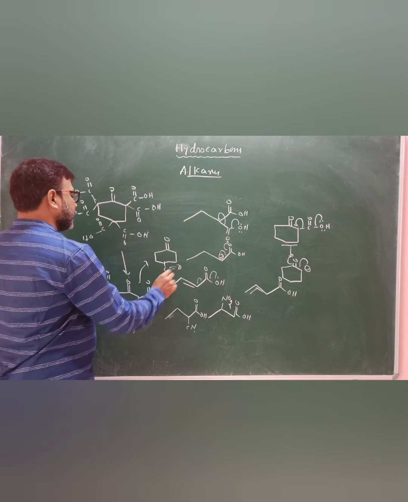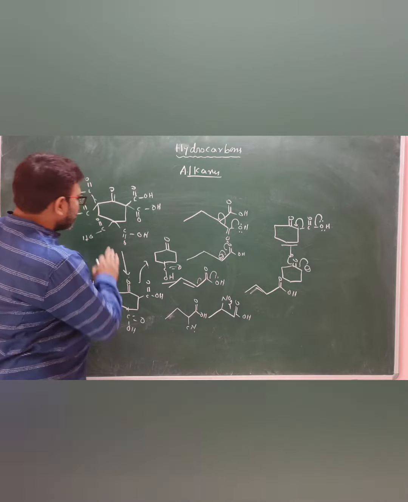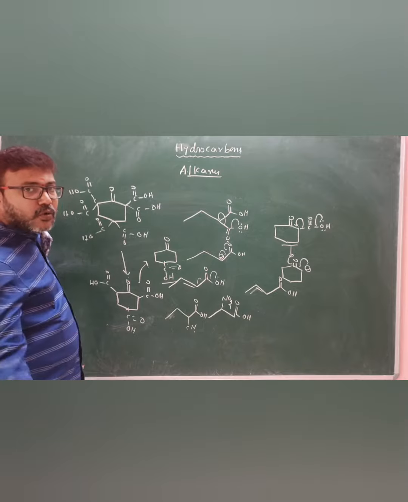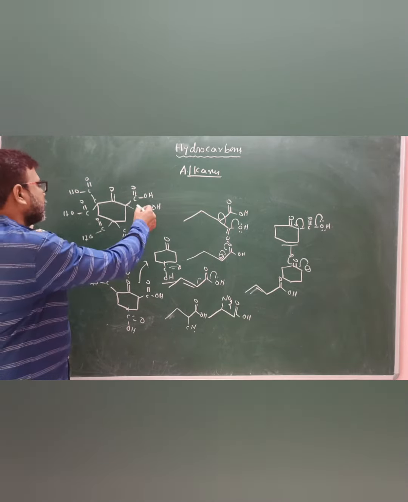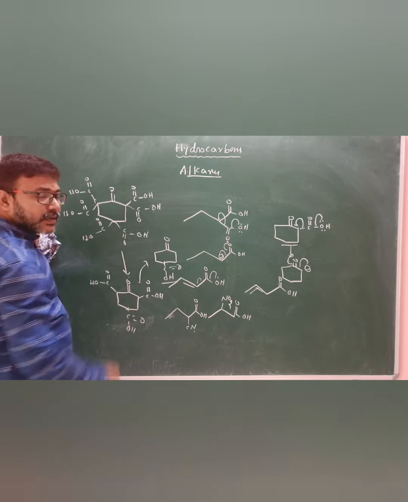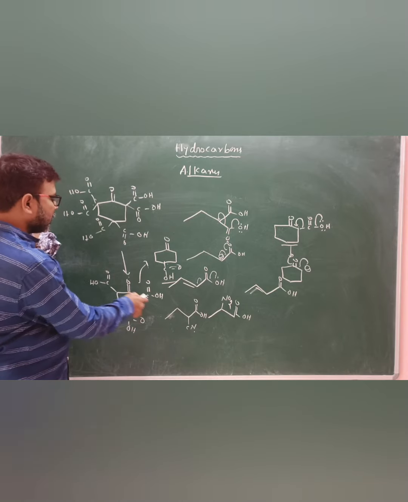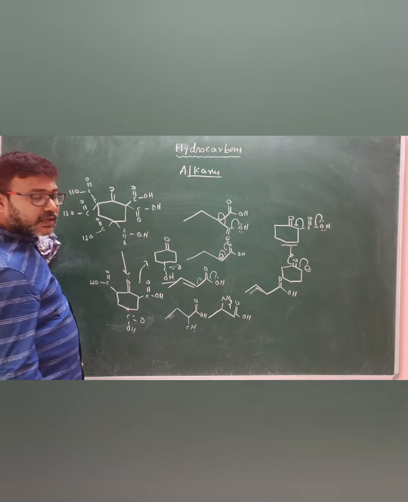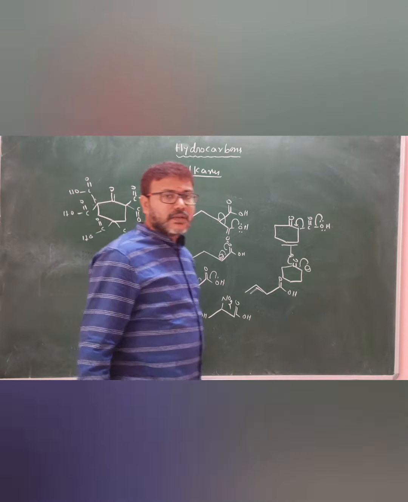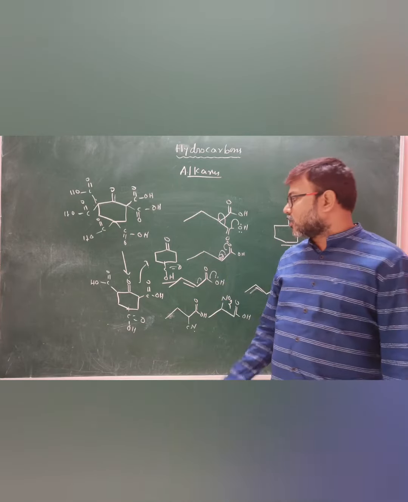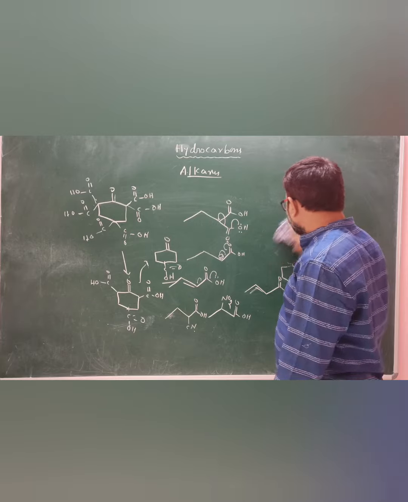Generally this type of question is an integer type question: this compound on heating, how many CO2 molecules are liberated? So one, 2, 3, because these are 1,1 dicarboxylic acids. Next, this is a beta keto carboxylic acid, which easily undergoes decarboxylation. 4, 5. The total number of CO2 molecules liberated in this reaction is 5 moles. Okay, so this is decarboxylation.